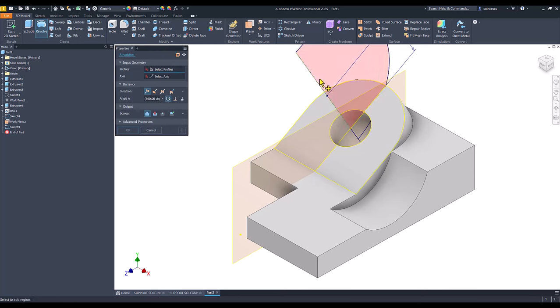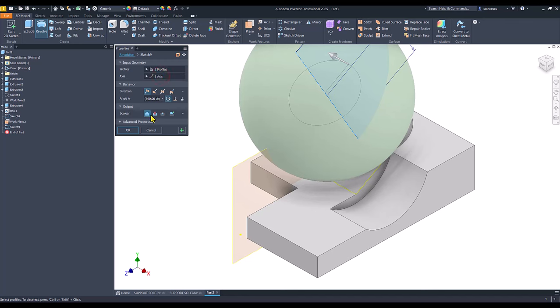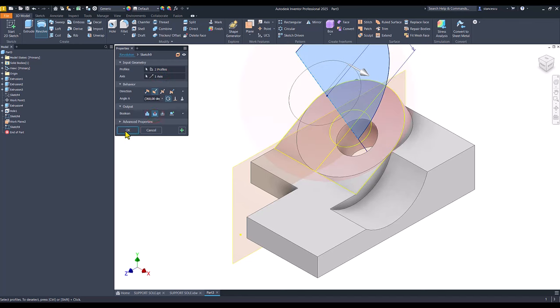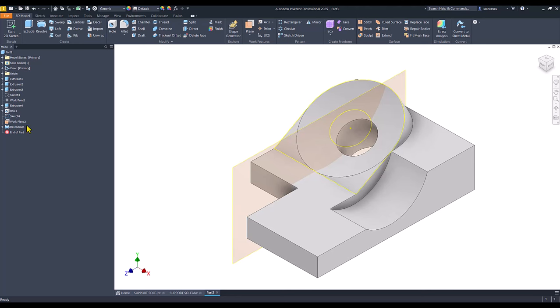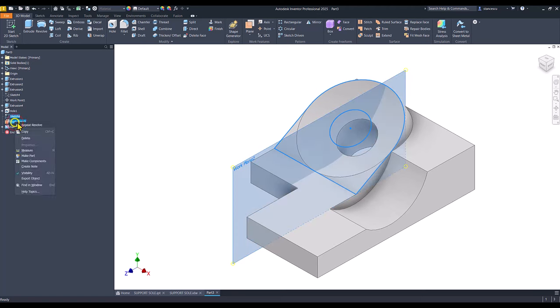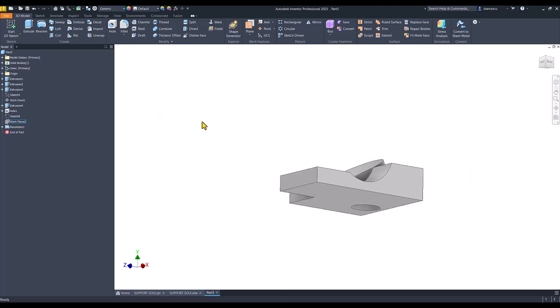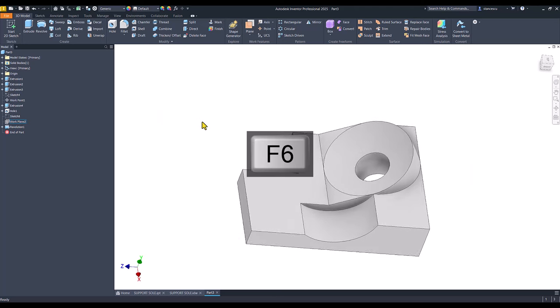Revolve this contour, the axis is known, cut. Okay, the sketch and the plane must be hidden. Yes, now we have